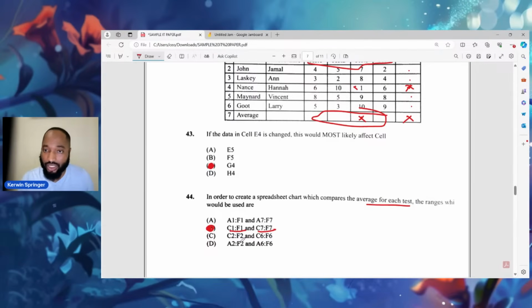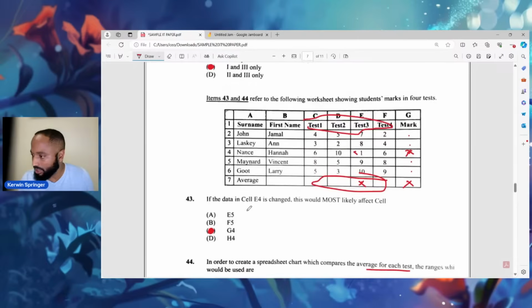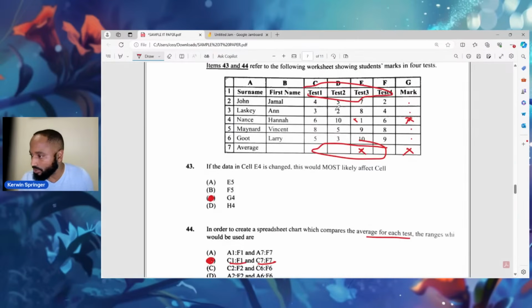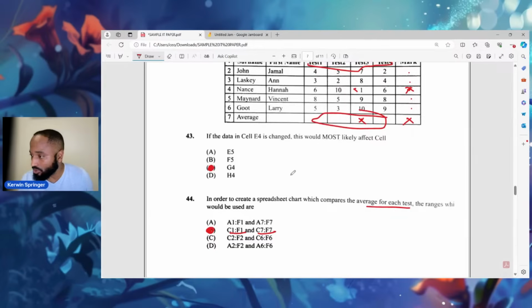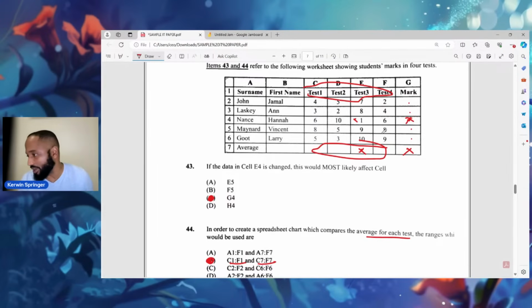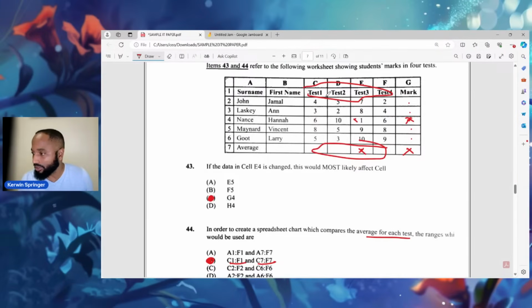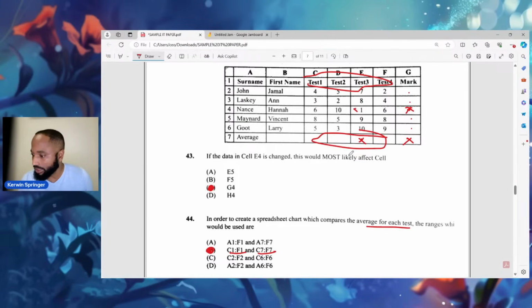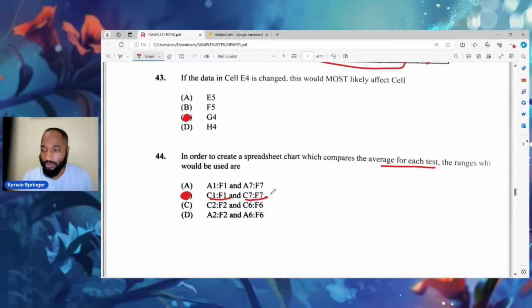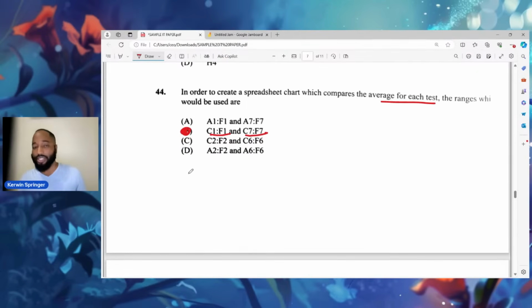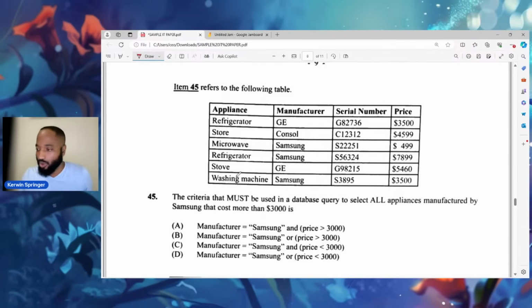So B actually. I see somebody say C2. So if I go through all of this, no, they have C2 to F2, so they don't even have it the right way. They don't have a diagonal. So C1 to F1 and C7 to F7. So it can't be C, they don't have it properly. It's B. B is the answer. We slow down. The criteria get a little tougher, boy. The criteria